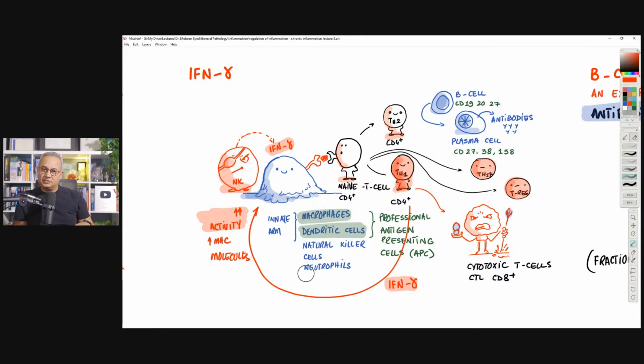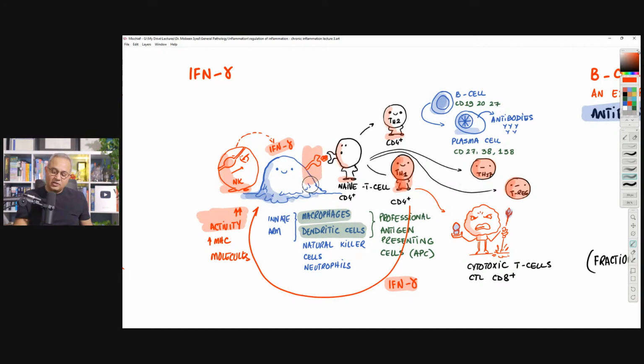And what happens when the natural killer cells produce interferon gamma, or when the T helper cells produce interferon gamma, and there are many other cells that can produce it? The result is the activity of the innate arm cells increases. What kind of activity increase? For example, interferon gamma's action causes more production of major histocompatibility complexes, MHC2s.